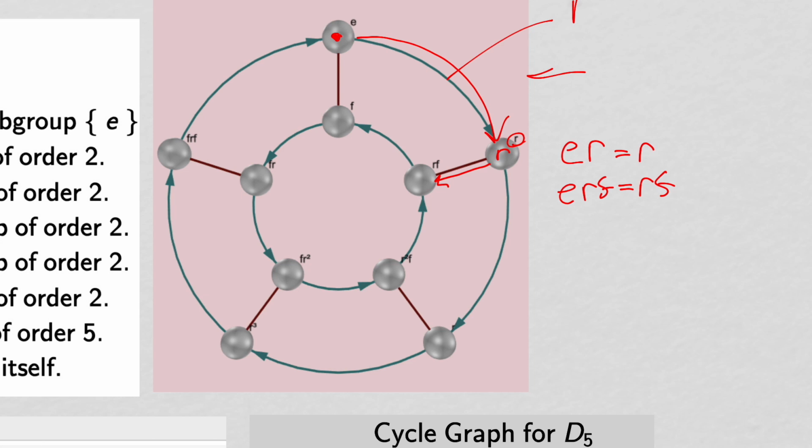Now, if you have an involution, you don't need arrowheads, right? So R is not an involution, but F is. So with the involution, you don't have any arrowheads. So then if you multiplied by R again, you would now go this way, and you would land at F. So that would be ERFR, and that is the same as F. So RFR equals F. And we know that's true because that's one of the defining relations of the group,